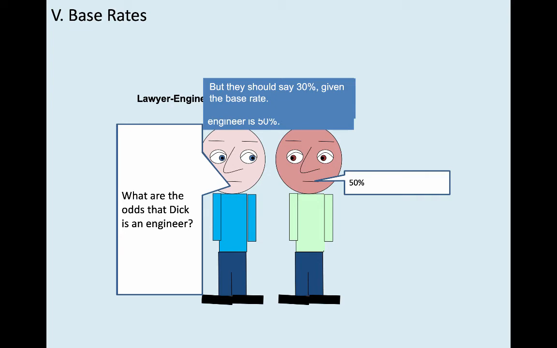Ignoring this kind of background information about the distribution of a characteristic like lawyer versus engineer in a population, ignoring that kind of information is called the base rate fallacy. And the reason it's called that is this background information is called a base rate, or sometimes called a background frequency. There are other labels that it can be given. But in the way of thinking about it that we'll end up adopting, it's called a prior probability. But for now, we'll just call it a base rate. Okay? So that's the first problem. Probably many of you got that right. Probably many of you put 30% as your answer. But there are at least several who will have put 50%.